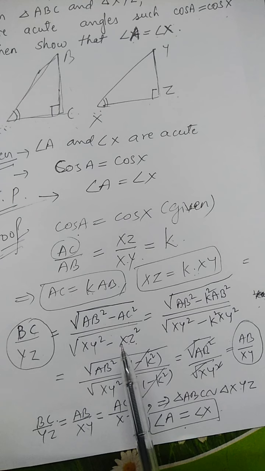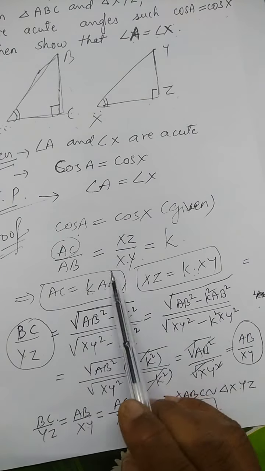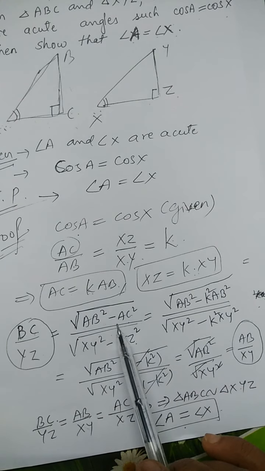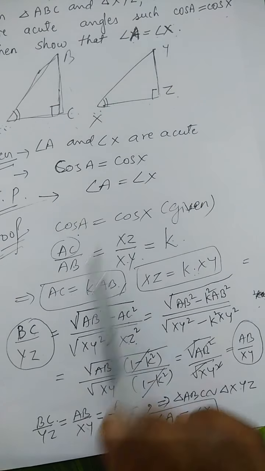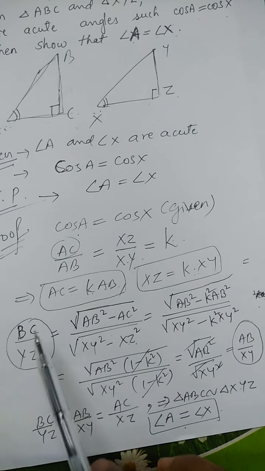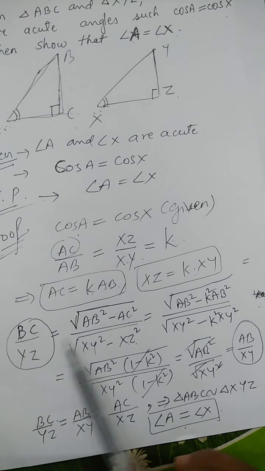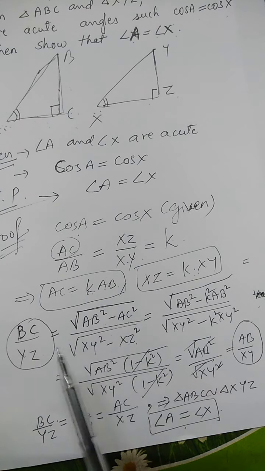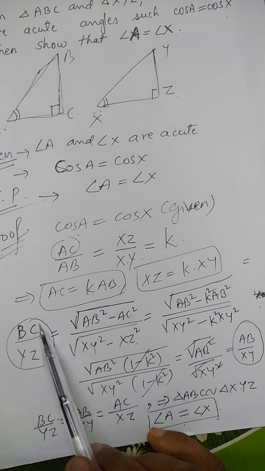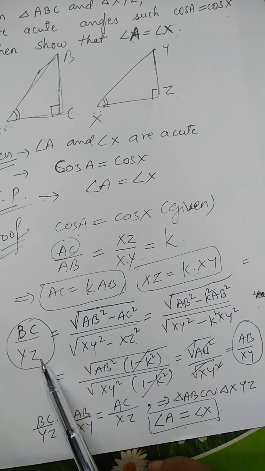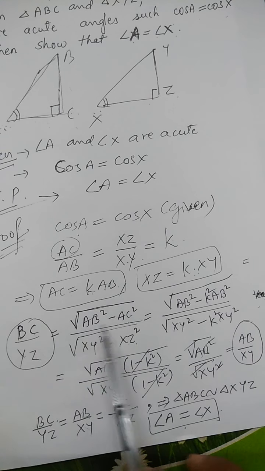But you have to take care: in this problem we have not considered the opposite side ratio, so we are taking the opposite side ratio here. In the previous problem, the adjacent side ratio was not considered, so there you have to take the ratio of the adjacent side. If you remember this, then it will be so easy for you to solve this problem.